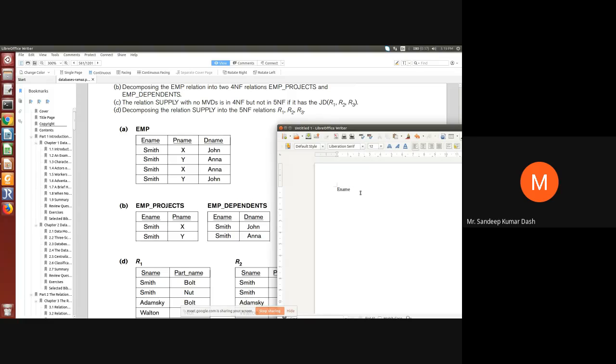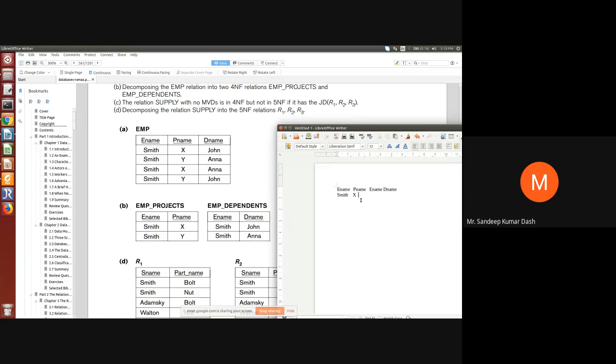We have ename, pname, ename. These three will be there because here ename is common, no? So during combination it will be there, but after you perform the query, the ename column will be automatically removed. So that at the end, if you combine these two tables, you will get only three columns: ename, pname, and dname. Okay, so the data will be like this: Smith